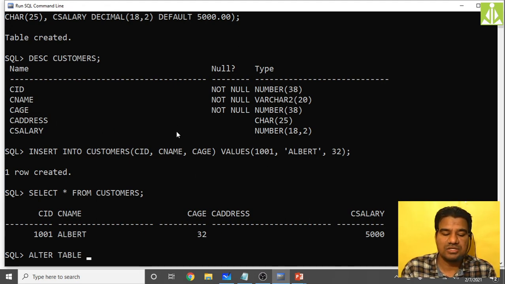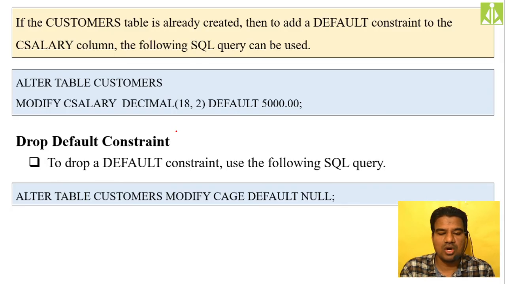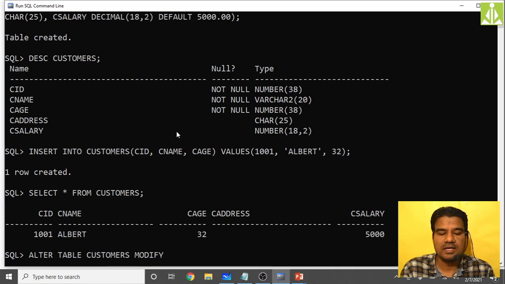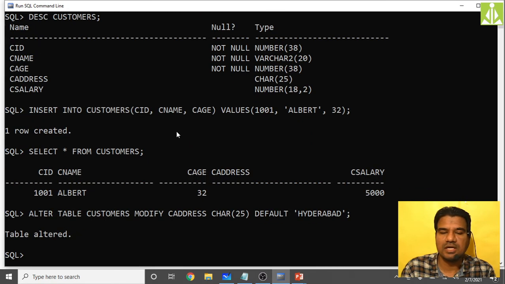Alter table customers, modify c address, character of 25 data type, and then default value we are giving, let us say, Hyderabad. Hit the enter key. Table altered. So from now on, even if you don't do the entry for c address, by default it will take the value as Hyderabad.